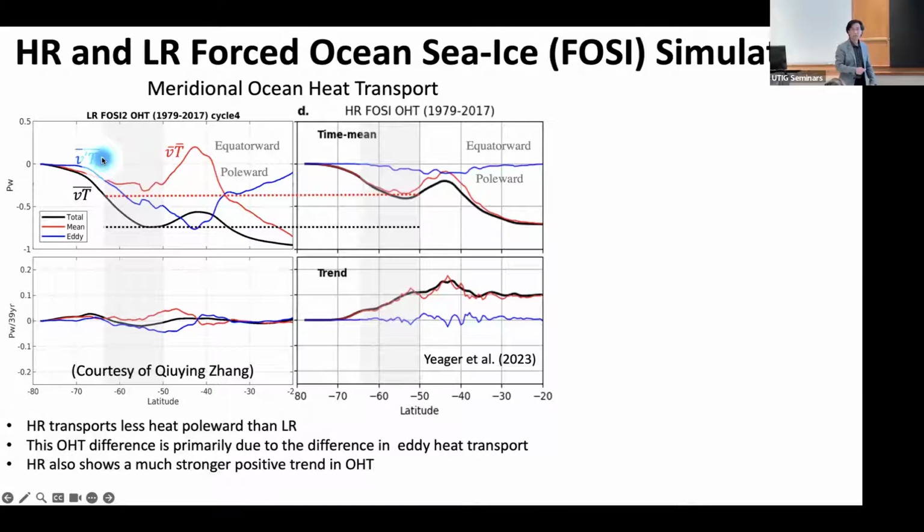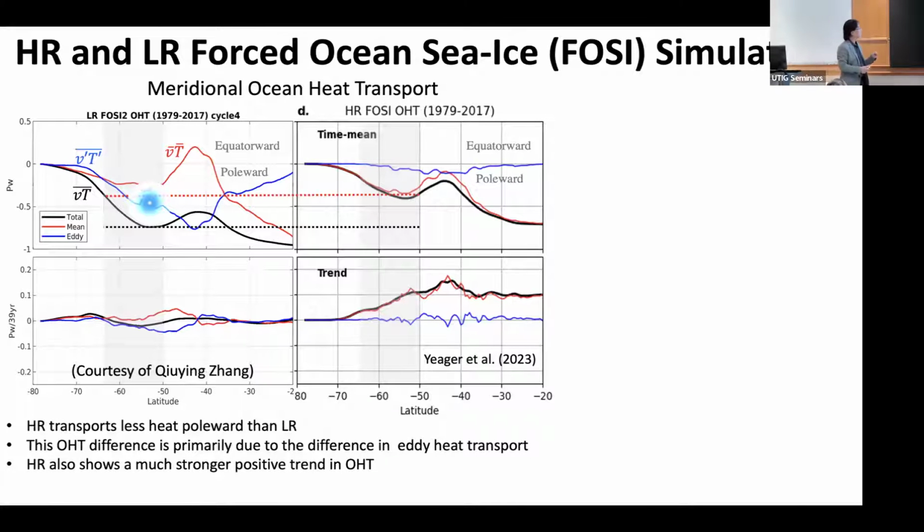Most of this difference is actually because of the difference in the ocean eddy induced heat transport. If you partition the total heat transport into an eddy contribution component and a mean component, right? The mean component in the Southern Ocean latitude is about the same, or the low resolution model is slightly lower. But look, the eddy contribution, which is this blue line here, the high resolution model gets a very weak contribution from the eddy, but the low resolution model is substantially larger, right? So that's really a problem, because in the low resolution model, we don't really have eddies. So we compute the eddy by parameterization, right? So all the eddies are parameterized.